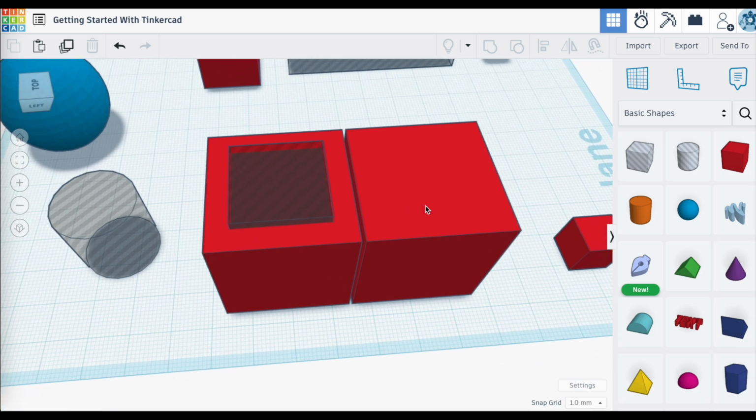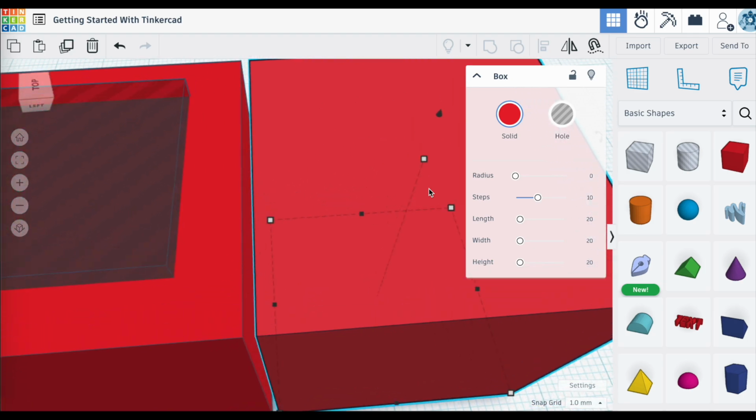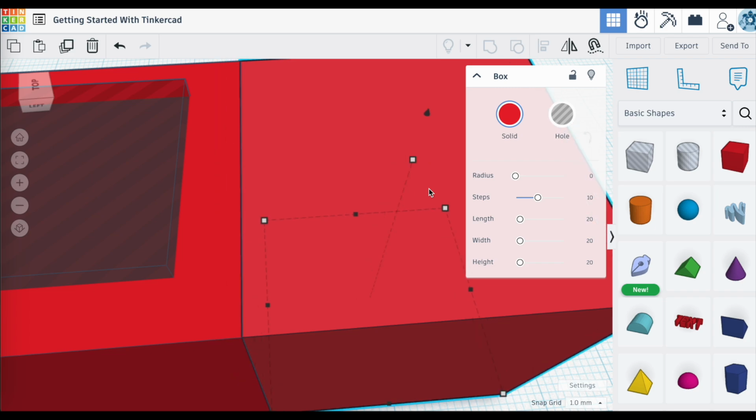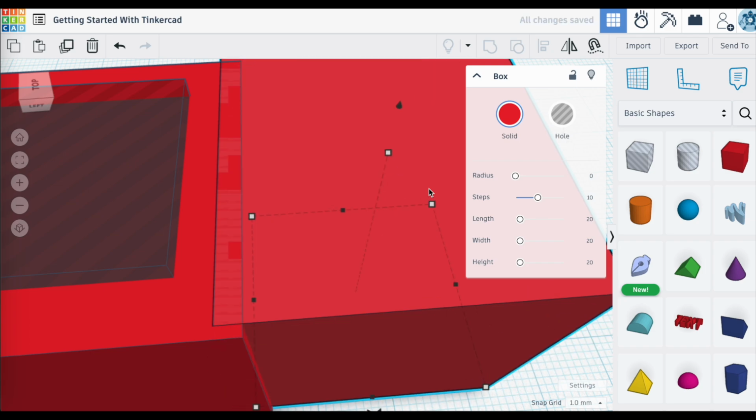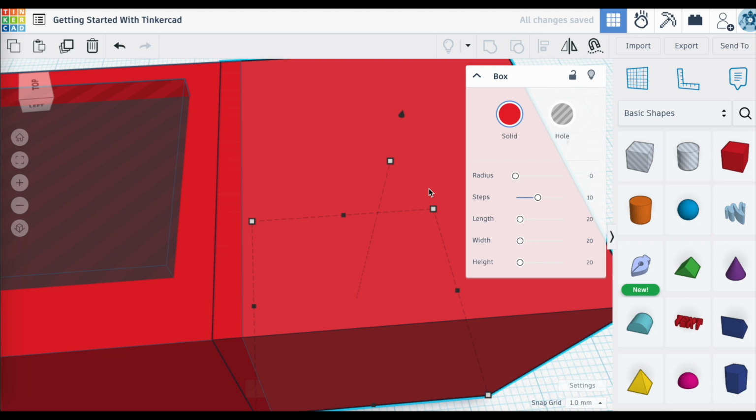It's helpful to know that if you need to move an object, for example, this large block here, and simply using the alignment tool or the work plane tool isn't going to allow you to do what you want to do, go ahead and use the arrow keys. The arrow keys become a helpful tool because they allow you to move your objects along specific planes of direction without having to click and drag and run the risk of having something